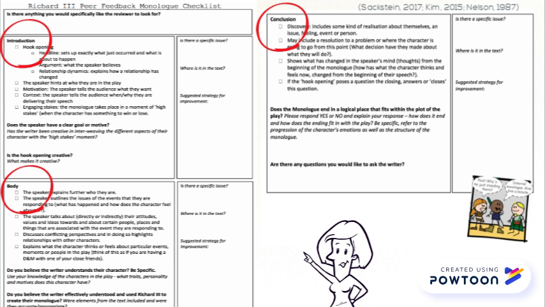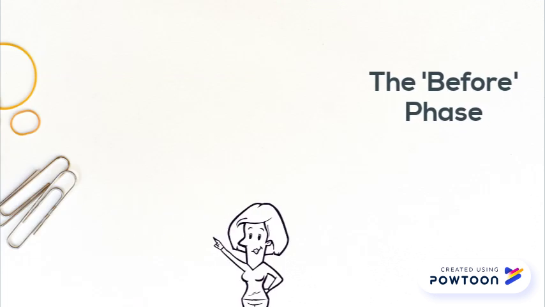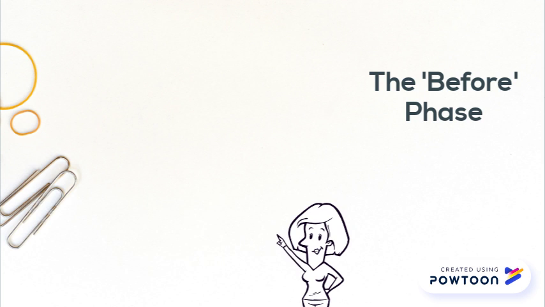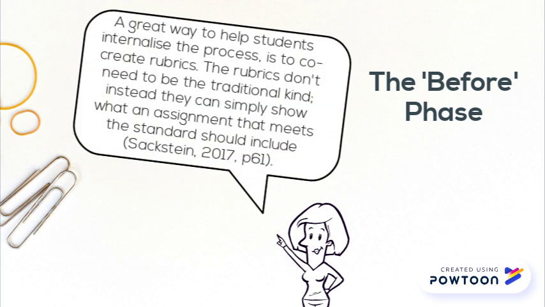Moreover, Kim and Saxton suggest that a before, during, after training process should be undertaken. The before stage includes the creation of the checklist for scaffolding. However, Kim and Saxton add that this should be developed in conjunction with the students to facilitate a shared understanding and learning goal and to focus the feedback. It is in this phase that the peer review process should be modelled through applying the checklist to an exemplar